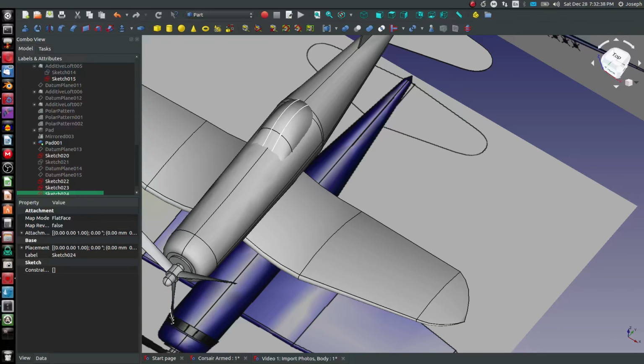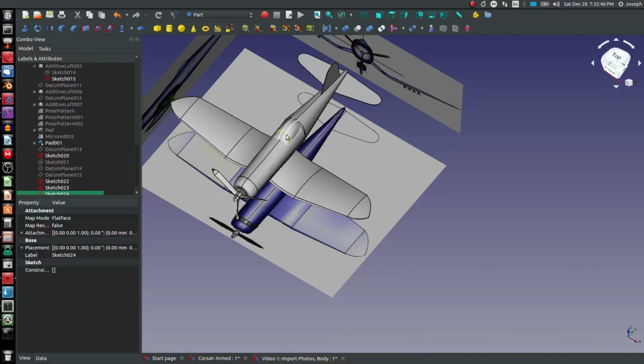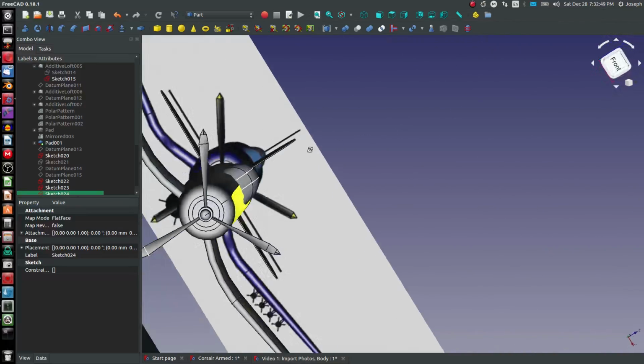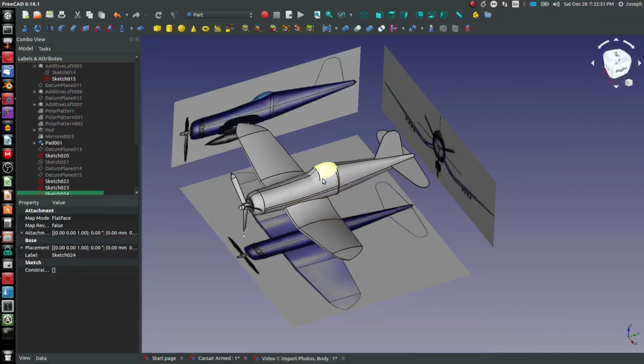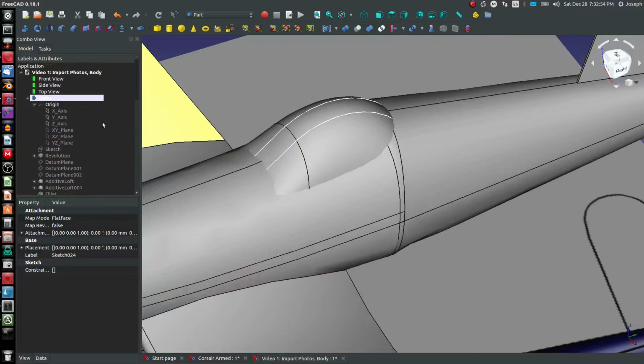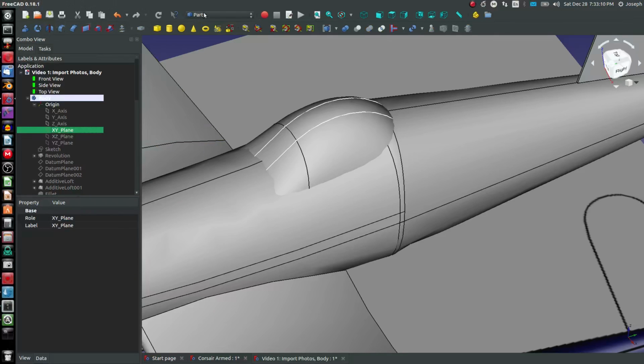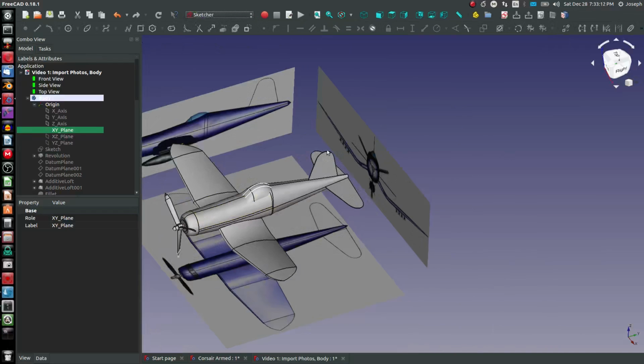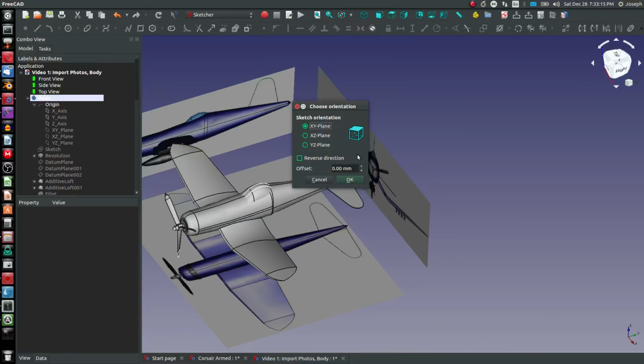Now what we've created, of course, is just a surface, so we're going to make that solid a little bit later. As for now, I think, well, I might as well, we're only like 10 or 15 minutes in, so I'll work to make this a solid real quick but then we'll finish it in a later video. So our XY plane is what we think of as our top plane. So if I go on the sketcher, create a sketch on the XY plane,